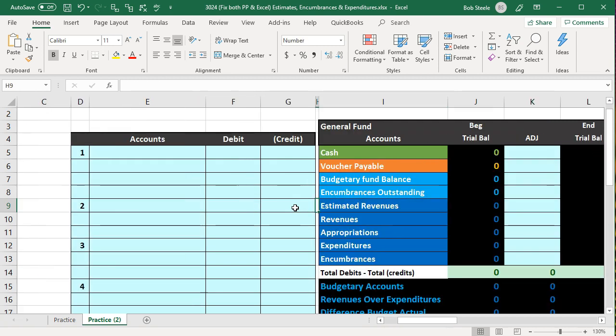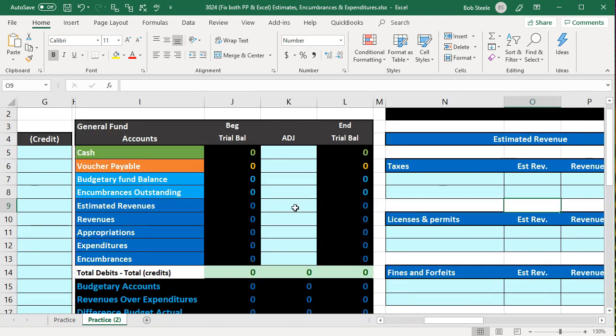We're going to have our journal entries, which will be recorded in the general journal, and post them then to the general ledger, or trial balance, no general ledger, but our worksheet, which will have the beginning balance, then the adjustments and the ending balance, so we can see the effect on the accounts, see the accounts in order, and see the accounts increasing and decreasing, assets in green, liabilities in the orange, and then what would be the equity section or the assets minus liability section in the light blue,